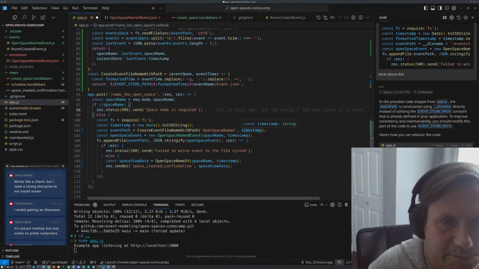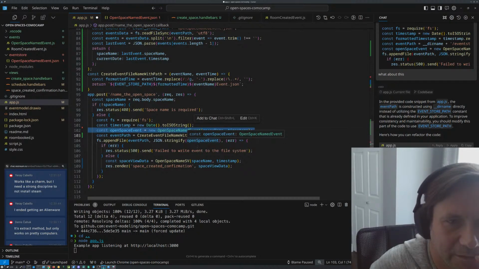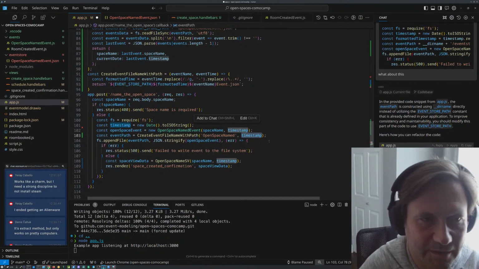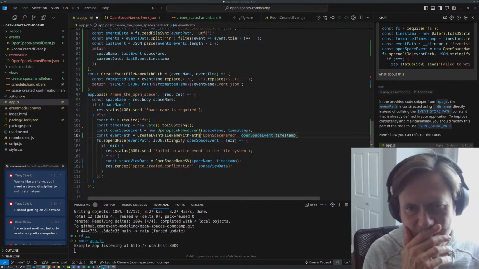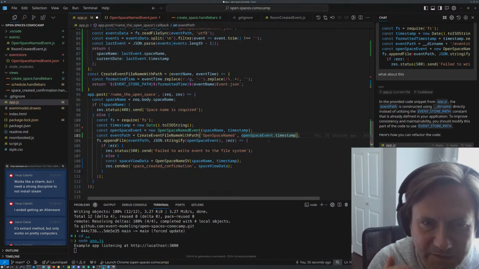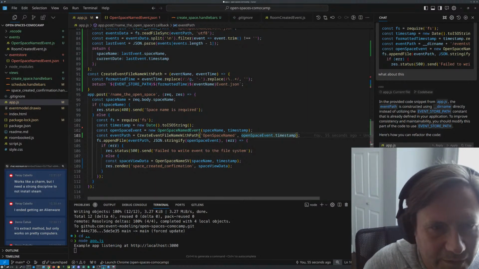Timestamp. I actually want the event to be done first and reuse that from the event. So let's go up here, and then instead of timestamp, we want open that, because we actually will want to make some of this kind of generic. And then, so we do want that.